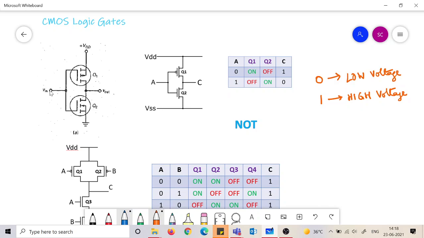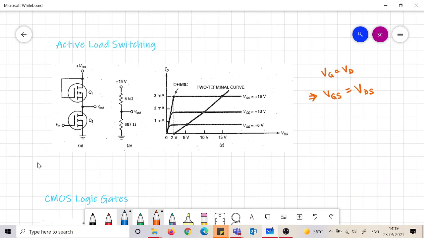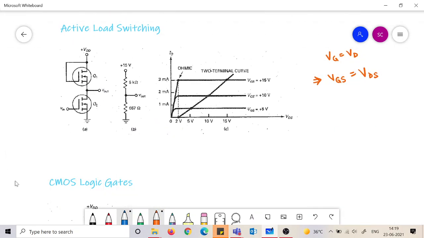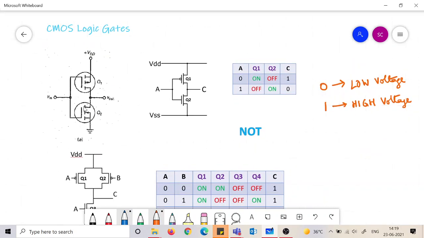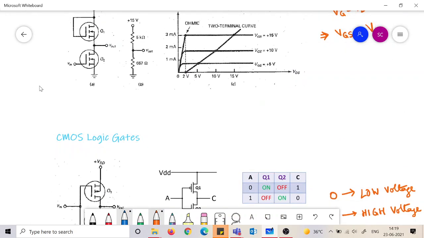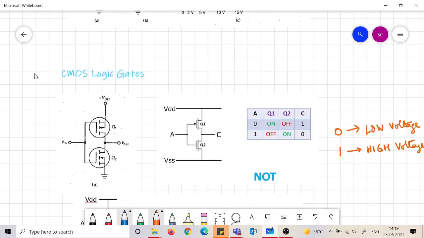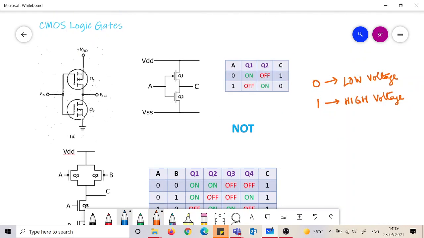Similarly, with a low V in, we will have this coming to saturation, but this going to cutoff. So this VDD comes to this V out. Okay. And so for low V in, we have a high V out. So you see, even the active load switching here as had been arranged could be changed by simply having complementary MOSFET circuits. In the active loading you see both are NPN, but here one is PNP, another is NPN.